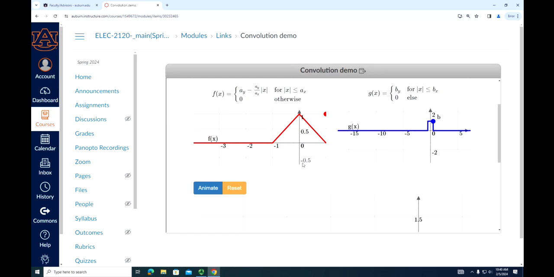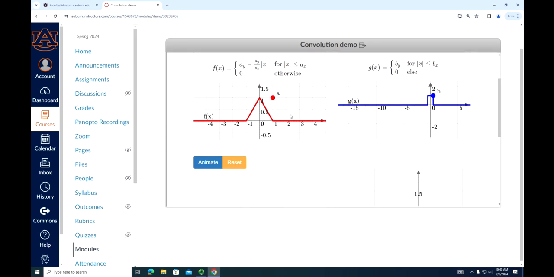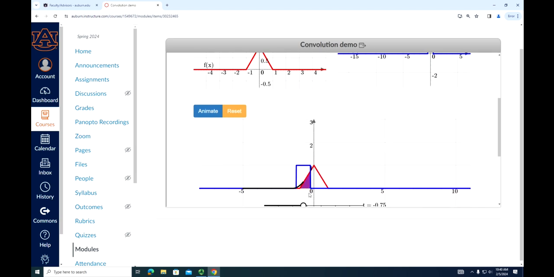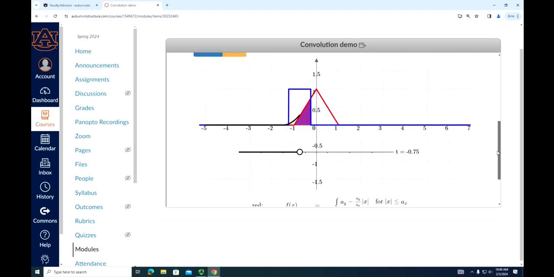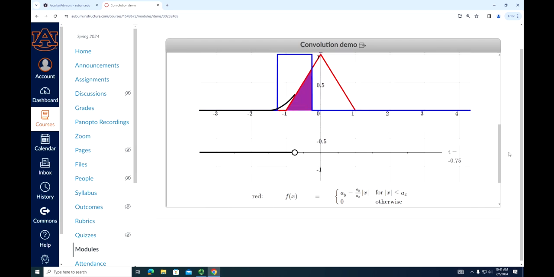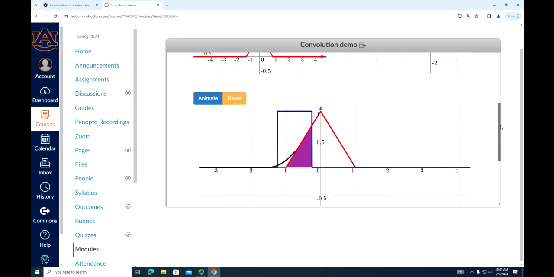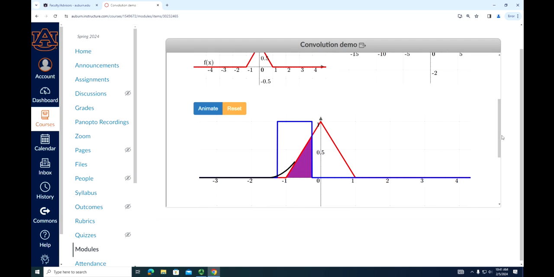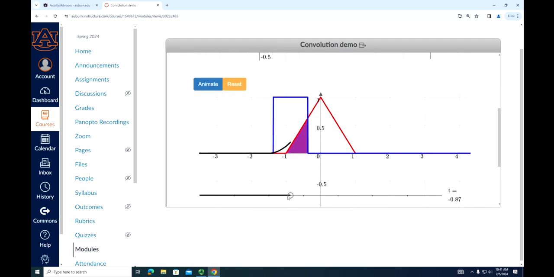Now we are all on the same page: this side is called x of t, the blue side is h of t, right? Now we will make x of t fixed, something that will not be moving, but h of t, the blue thing, will be moved, the same way that I showed you, as h of t minus tau, using the value of t. So that's how the function looks. X of t is fixed, while h of t is moving. Why is it moving? Because the value of t will make it different.